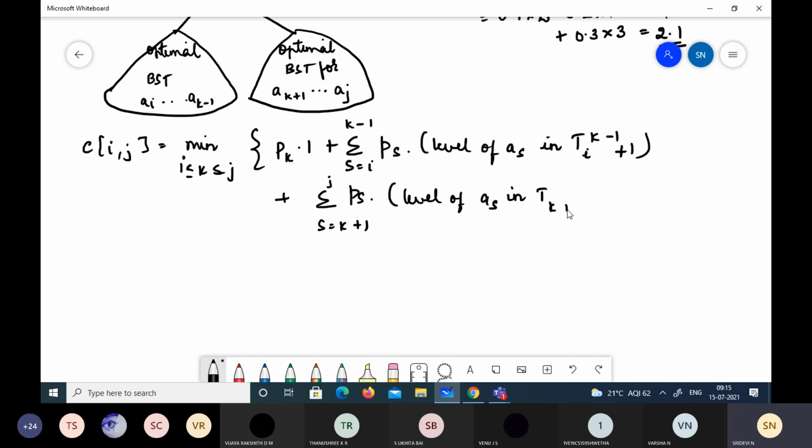This is the recurrence relation. If the tree levels are counted starting from 1, we get this recurrence relation.